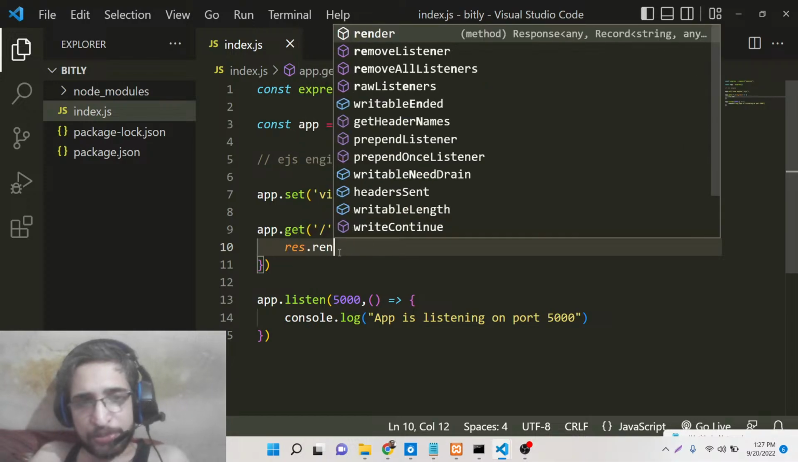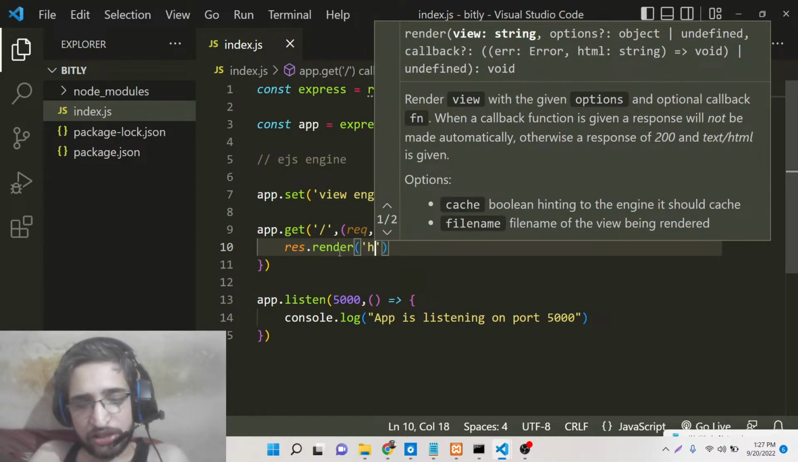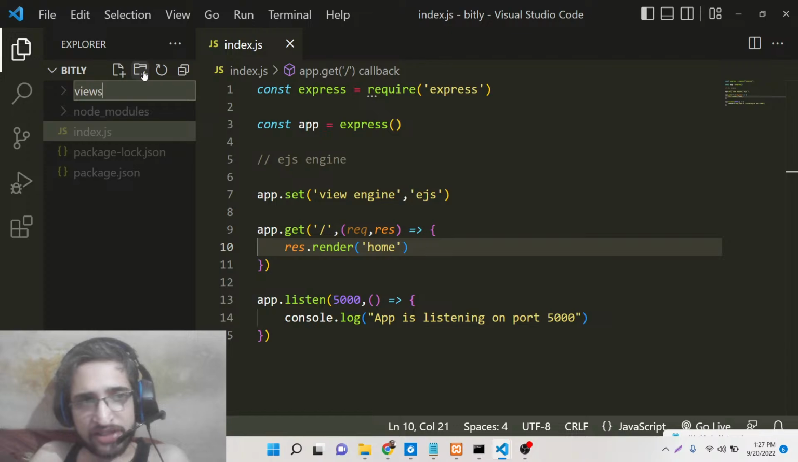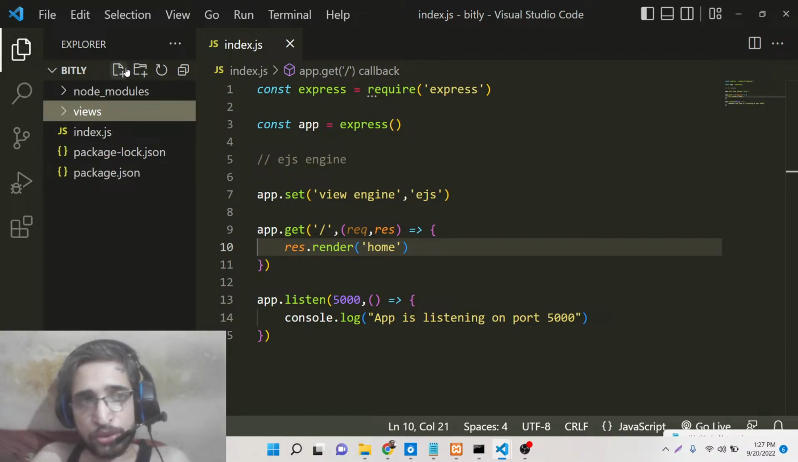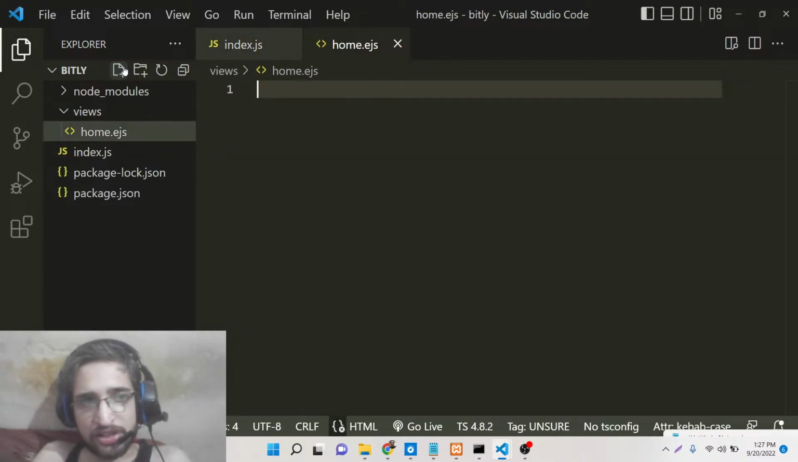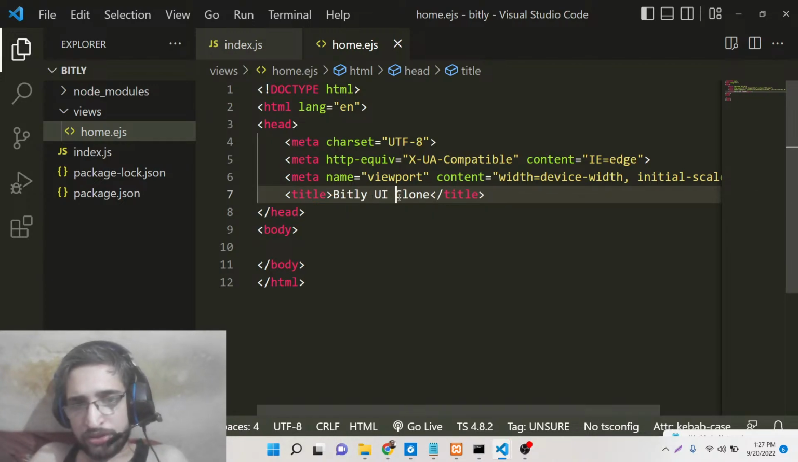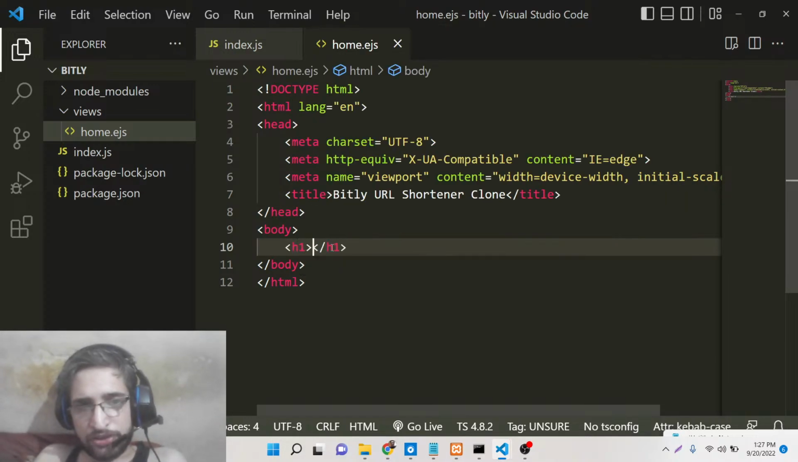And now to render out the template, guys, we will use the render method, and basically here you will provide the name of the template. So we will call this as home. You can even write here .ejs, but this can also work. And for storing the templates, guys, it is mandatory that you create this directory which is views, and inside this you will store your template which is home.ejs. So this can just have this HTML code, bit.ly URL shortener, and that's it. So basically if you just put a heading here, hello world,